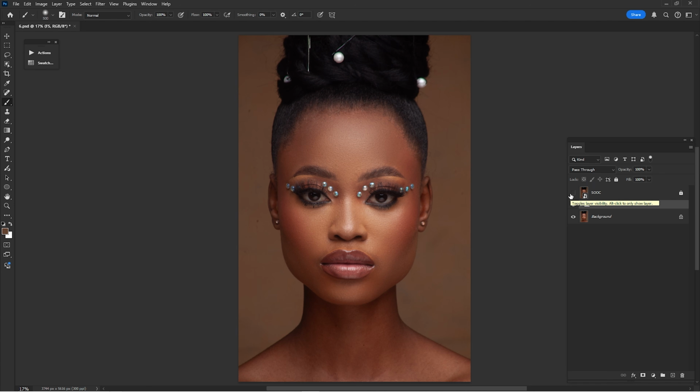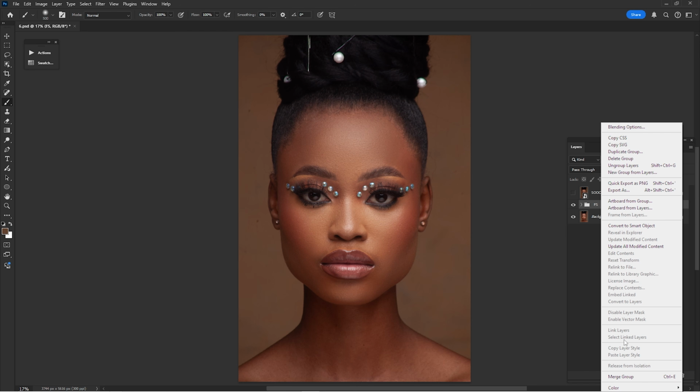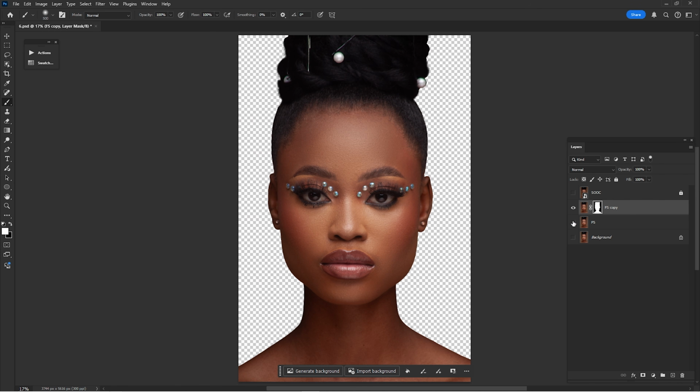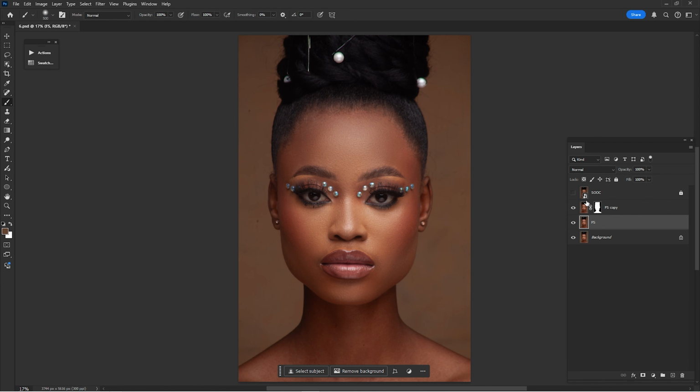So right now that we are done with the face clean, I think that the next step is that we need to clean the backdrop. So I'm just going to click here and click that says merge group, and here's only one layer, and I'm going to duplicate this to the plus, just drag and drop this to the plus, and click here that says remove background, and wait until Photoshop removes the background for us. So here's the before and after, and right now I'm going to copy the color that is in the backdrop with the